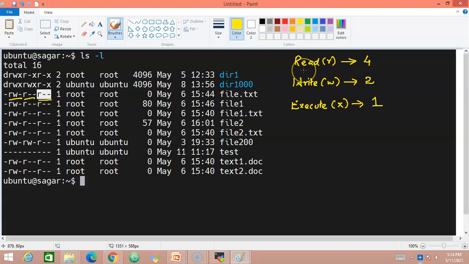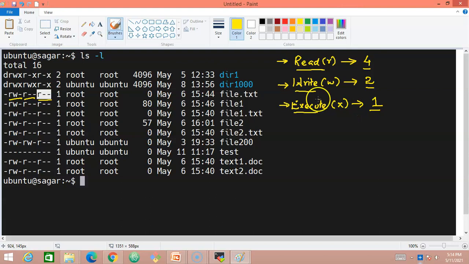Every permission, whether it is read, write, or execute, holds a numerical value. Read holds 4, write holds 2, and execute holds 1.